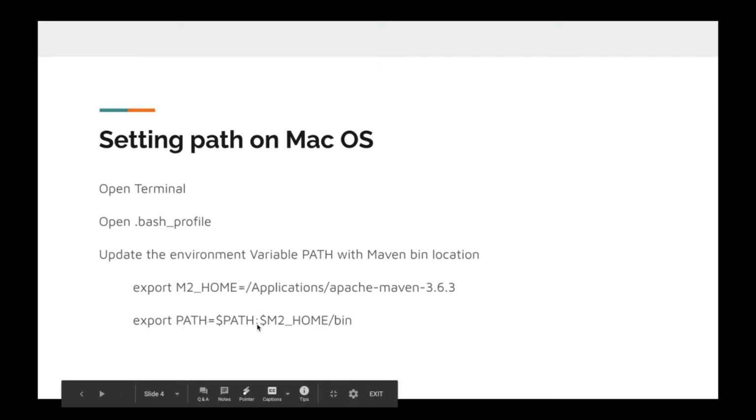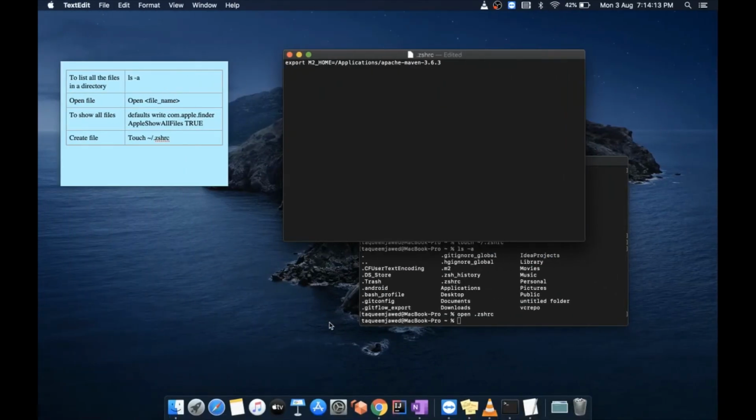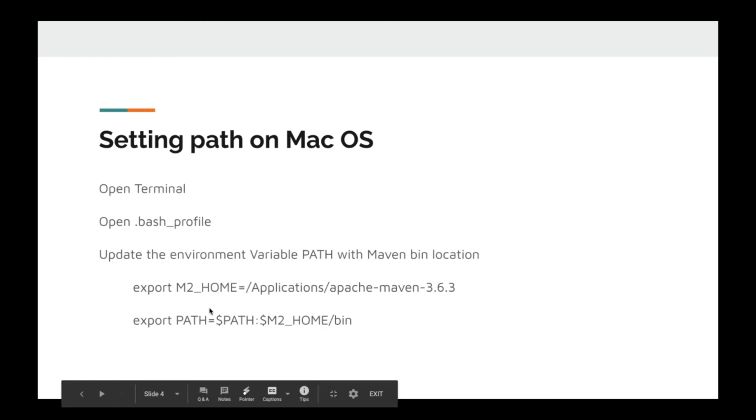And then in the next line I'll be adding the path. The path here is always the bin location. As M2 home is the home for Maven, we'll just be adding the bin there. This statement will not override the path; rather it will update the path with only this extra variable.